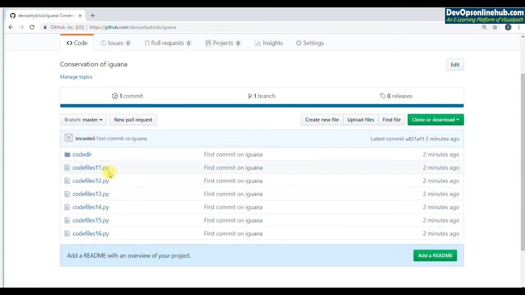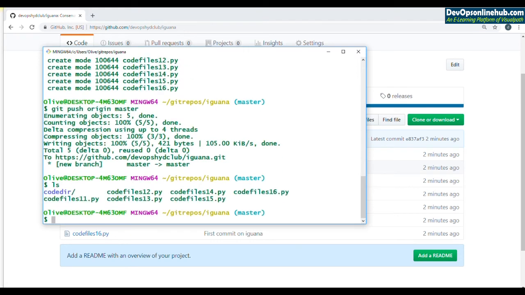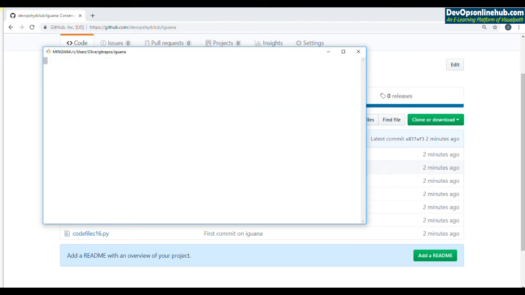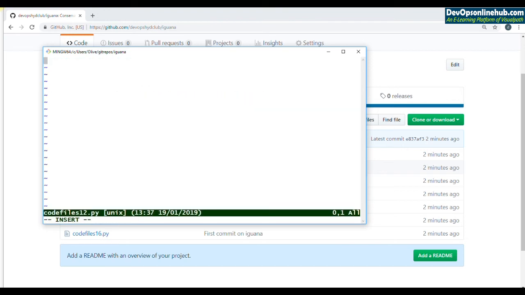Okay, now let's do this process again, but this time we're going to add data into a file and push it. We already have cloned the repository. So let's open some file, code files 12.py, and write testing GitHub push.